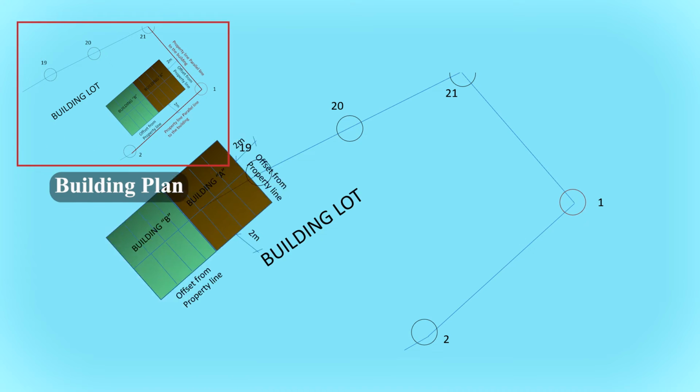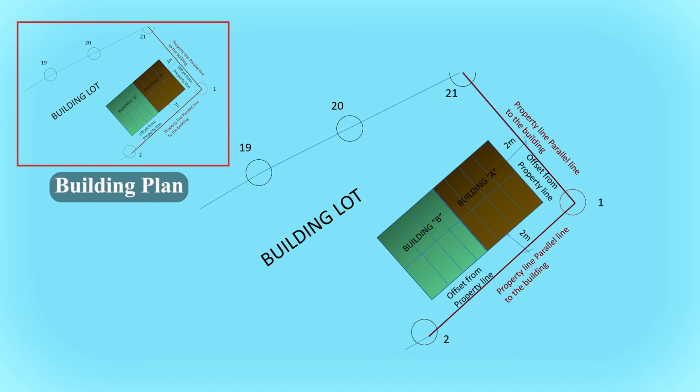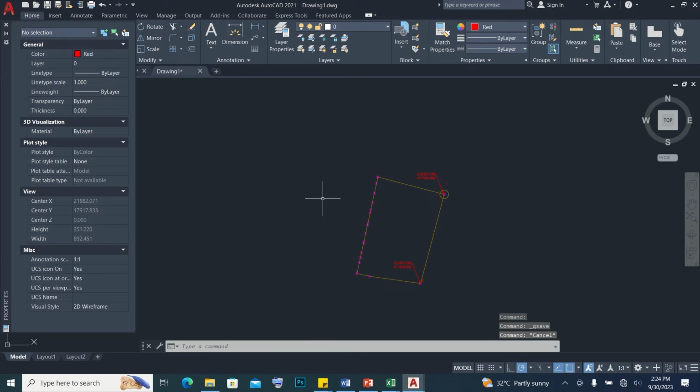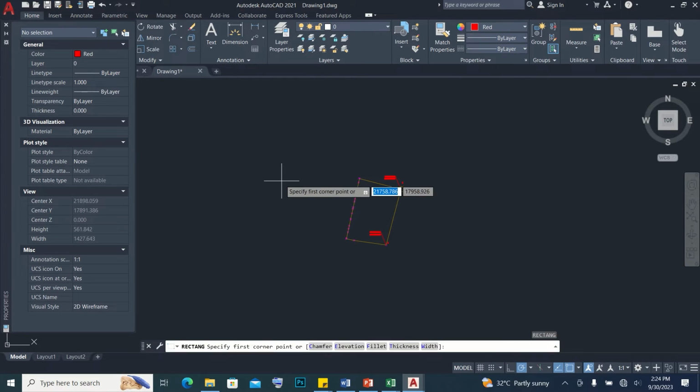We are now ready for the last step. Let's say we have to make a building which already has a drawing and is planned to be placed near corner 1, and the sides of the building are parallel to both lines intersecting in that corner. Type rect, enter,